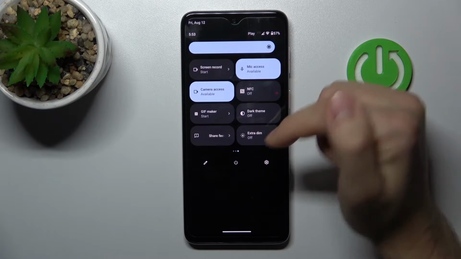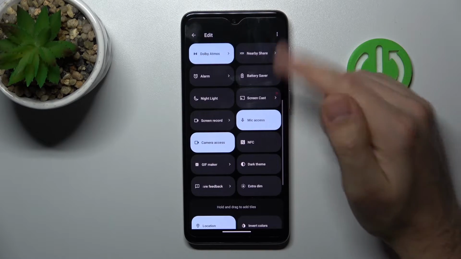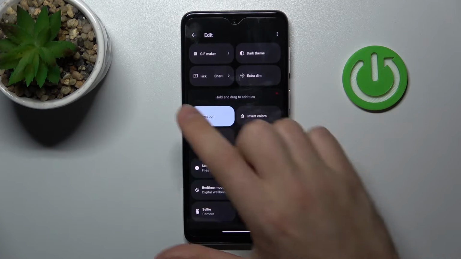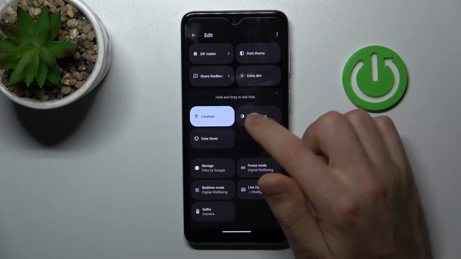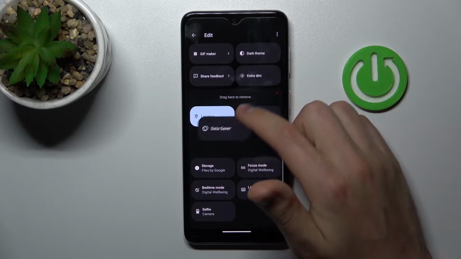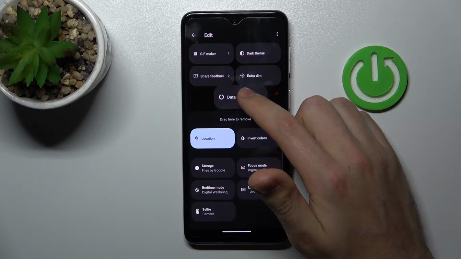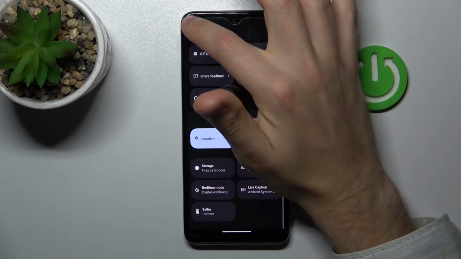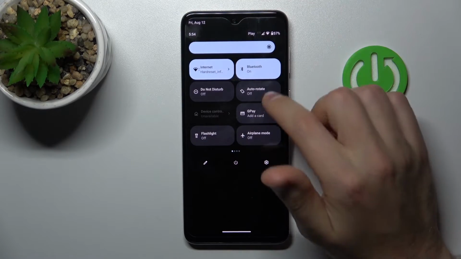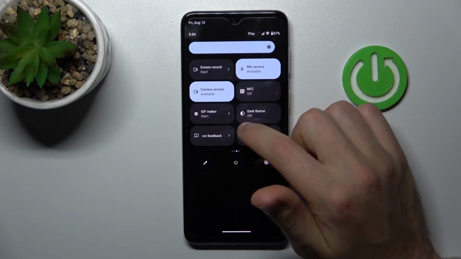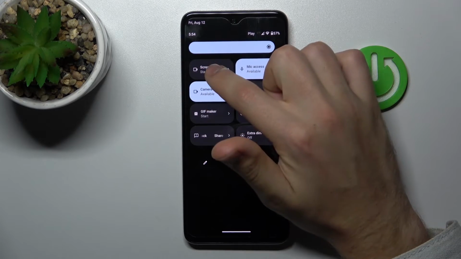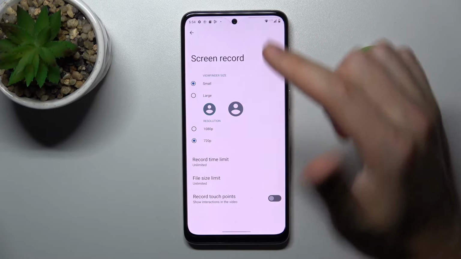If you don't have this button here, tap the pencil, then scroll down and find this button in this block, and then press and hold like this and drag to the top to add it, and click back to save. Now we've added the screen record button, so tap, press and hold on this button and we open our screen